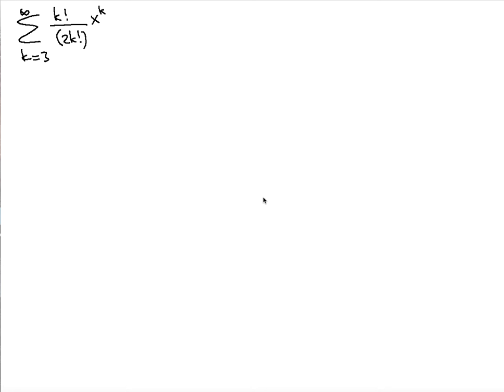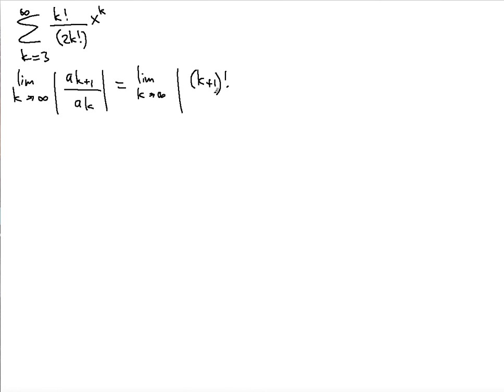We want to find the interval and radius of convergence of the following power series. So first we're going to take the limit using the ratio test. One term divided by the previous one. So we will have (k plus 1) factorial times x to the k plus 1, divided by, now this is going to be 2k